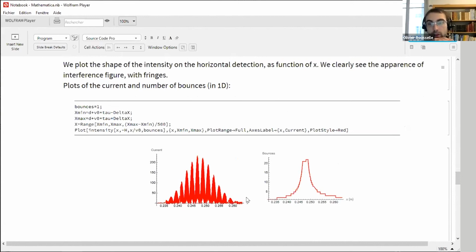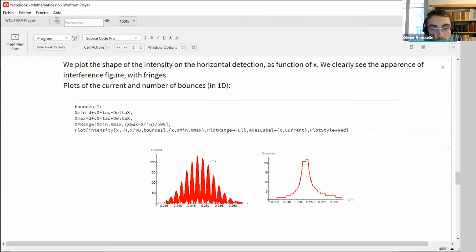This is just in meter. So here is, for example, 0.24 meter in average, centered. And you can see that we get a nice interference figure at the end. It is quite analogous, if you want, with the design of the double slit experiment with photons. We also get an interference figure here,